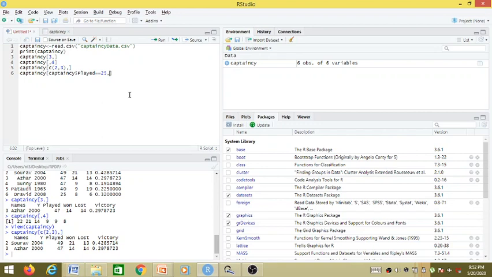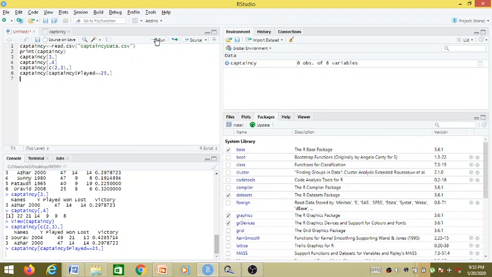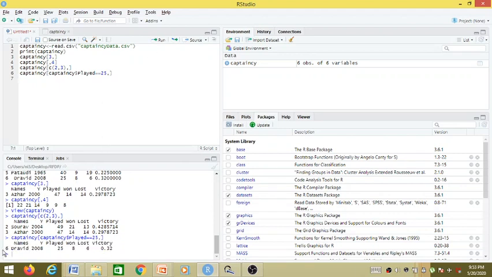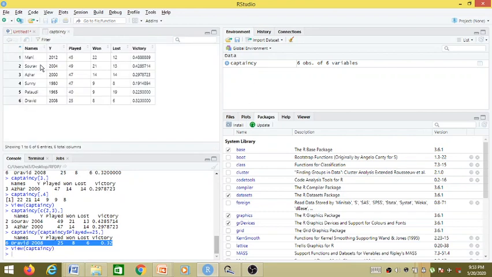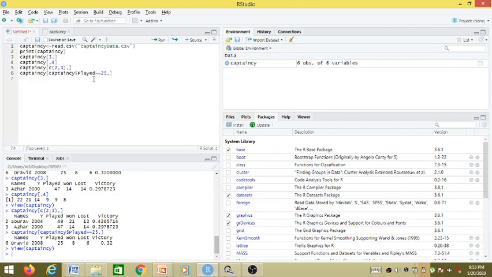And I don't want any particular column but the entire row, so I am keeping the column number space blank. Let's run this. And as expected, the output has only one row in it, as there exists only one player who has played exactly 25 matches. All the other players have played more matches. That's why they are not displayed in that particular command.